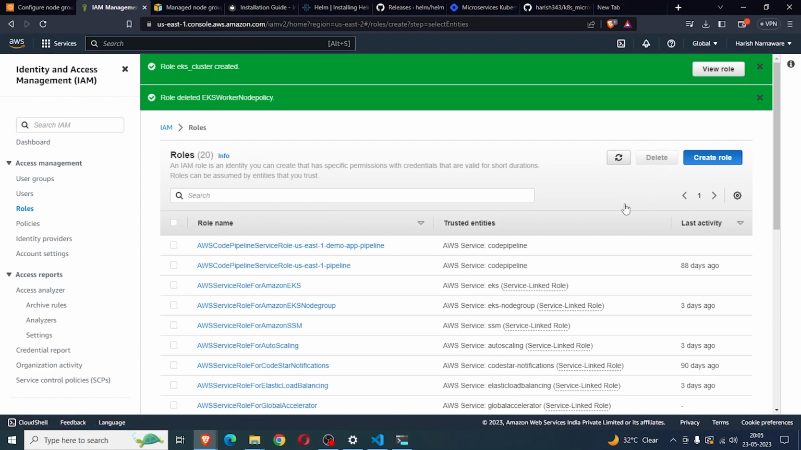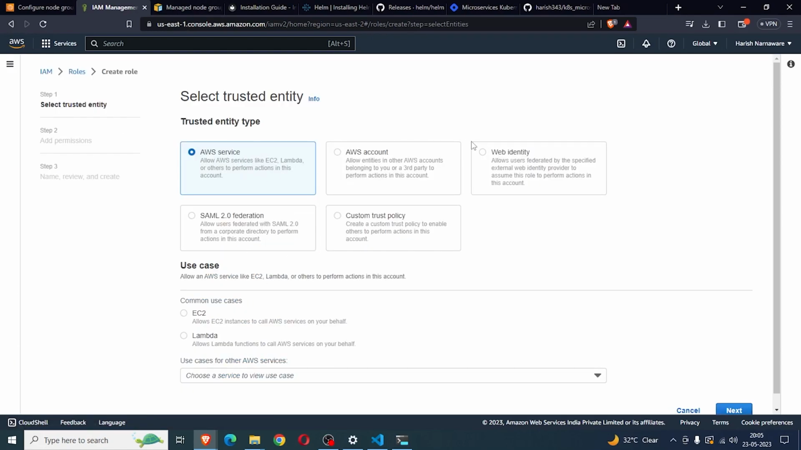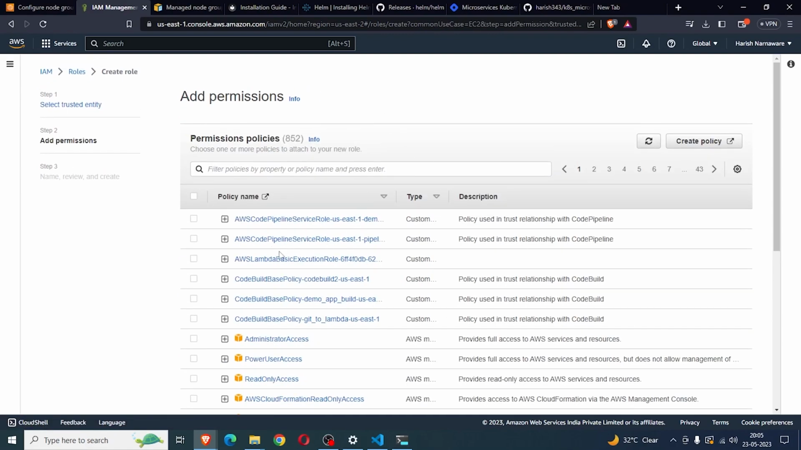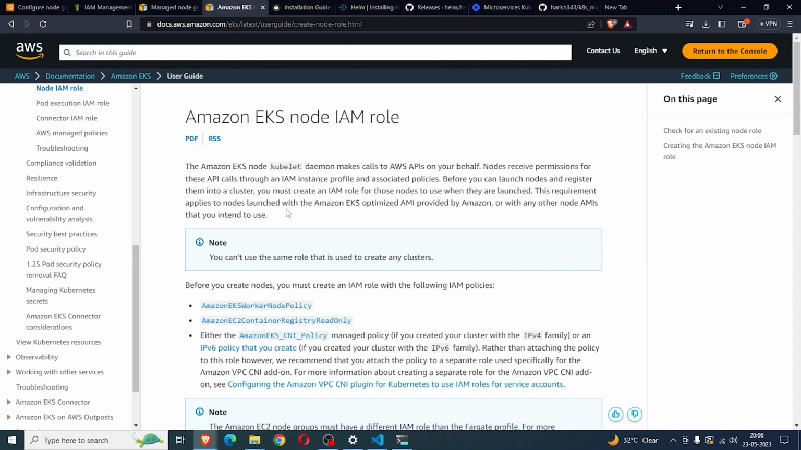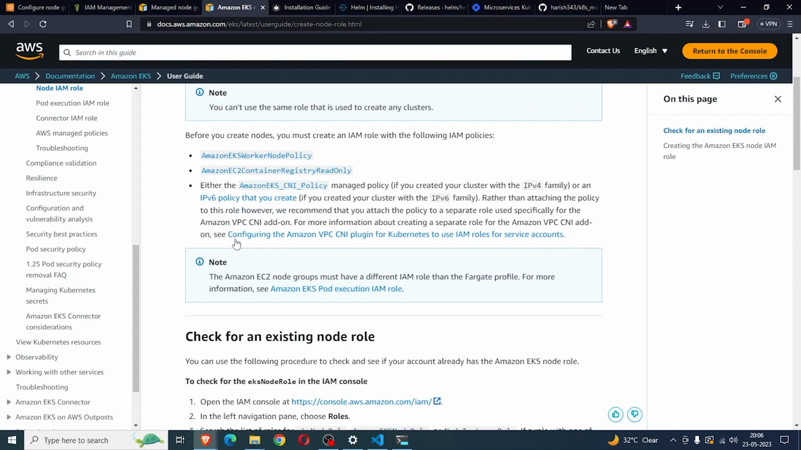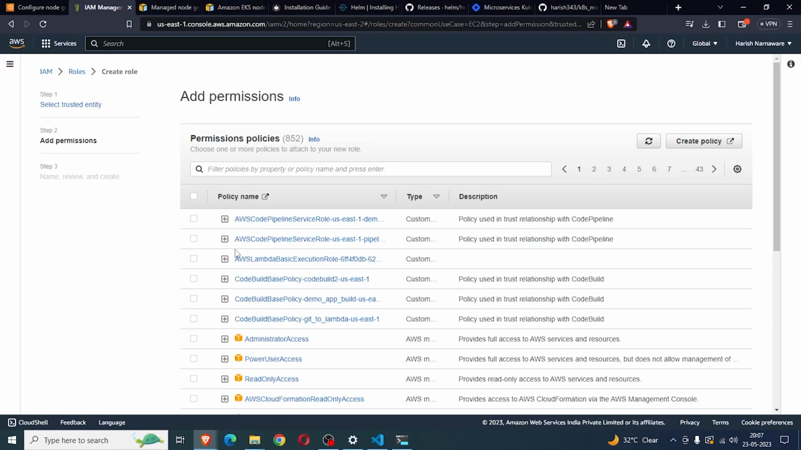Click on create role, AWS services, EC2, and click on next. This is the documentation of the Amazon EKS node IAM role. Simply search on Google and you will find it easily. So you have to add 3 policies: Amazon EKS worker node policy,